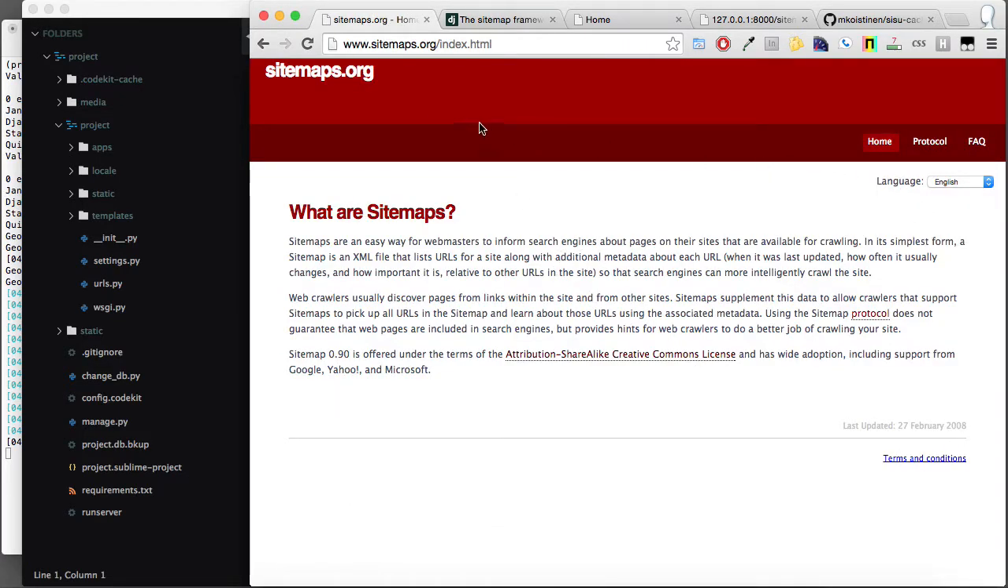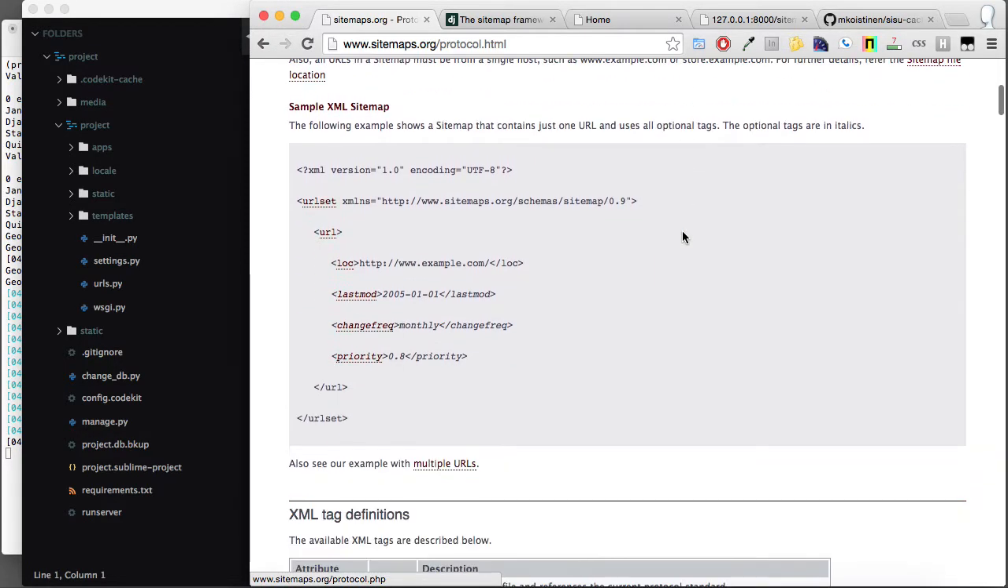So I'm going to go back to sitemaps.org and go to the protocol, and there's an example. So here's a very simple but complete XML document which describes a sitemap. And you can see it's pretty well formed. It makes a lot of sense. You have the location of your particular URL or web resource, when it was last modified. That's of course important to search engines because they don't want to be re-scanning things they've already scanned on your